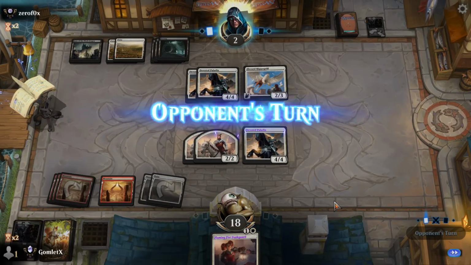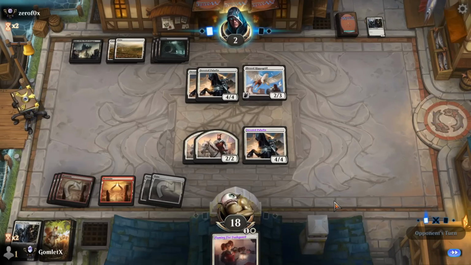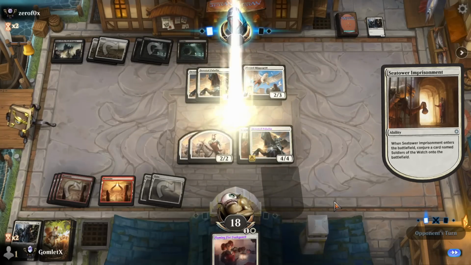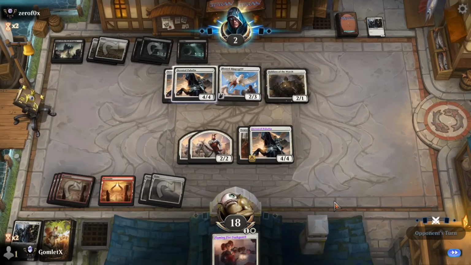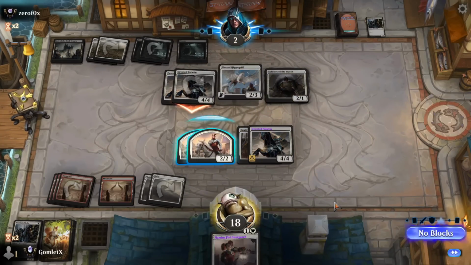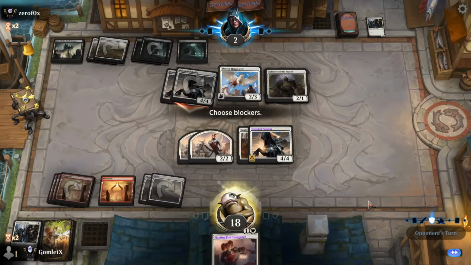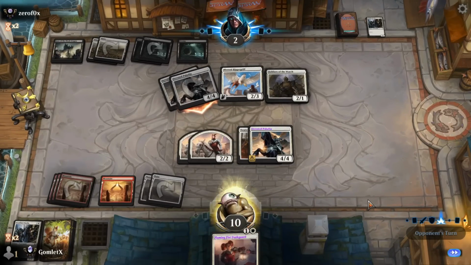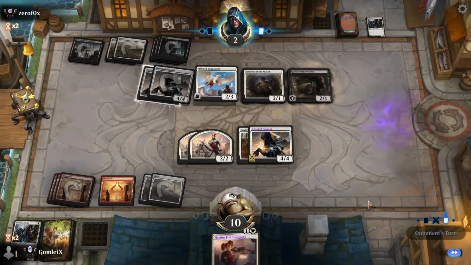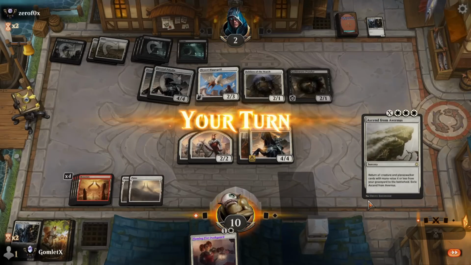So they're at 2 life, so if we can just have a wider board state than them for 1 more swing, we'll get there. Sea Tower Imprisonment puts a massive hindrance on that. Gets rid of one of our creatures and gives them another creature. Although that double attack could go really poorly for them if they don't have a follow-up play post-combat. Of course they do. Wow, this was a huge...